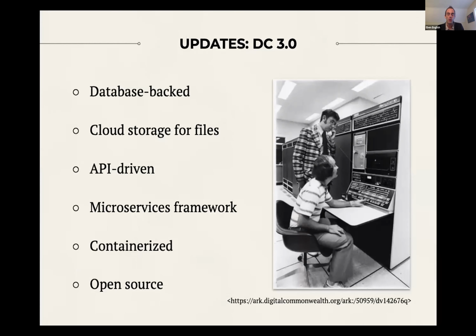And we're hard at work right now on the 3.0 version of Digital Commonwealth. This is actually a recent photo of me and my colleague Ben, hard at work, bringing things online. So with the new system, we're moving away from the Fedora Commons model of XML-based metadata and objects management to a more relational database structure. We're moving to cloud storage, which will basically solve that storage problem, and that will